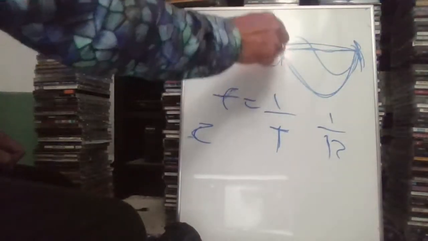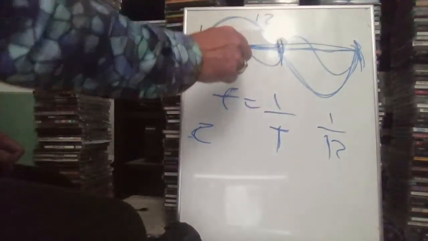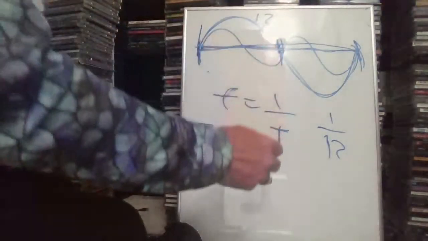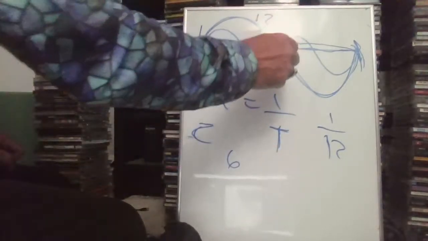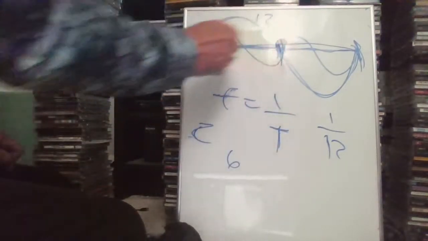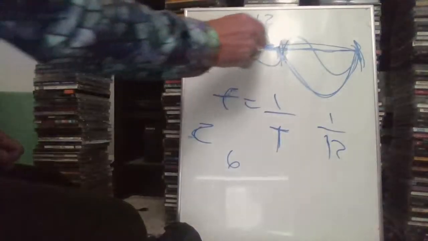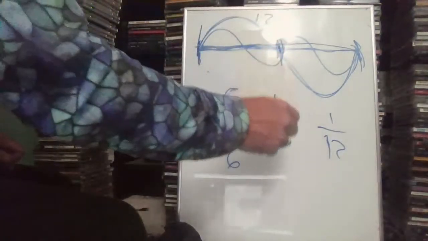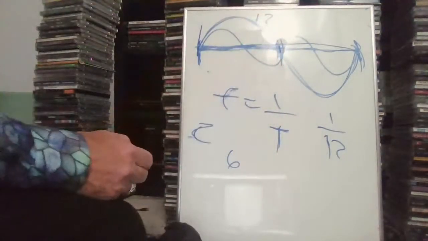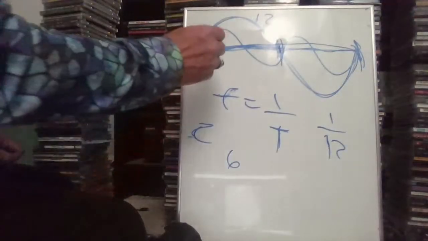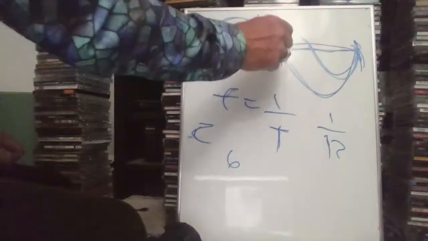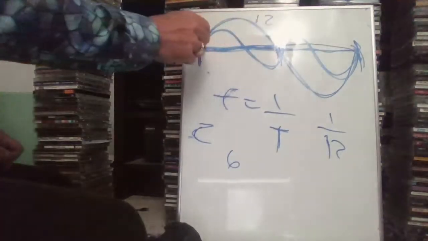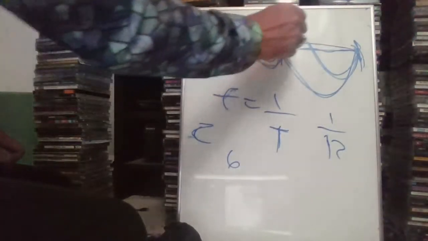But the fundamental period of this node is actually half that, or 6. Half of the 12. And if the frequency is halved... no, the period is half. If the period is half, the frequency is doubled, or twice. So that means this string will vibrate with this period, and since that period is half that one, this frequency is twice as much.